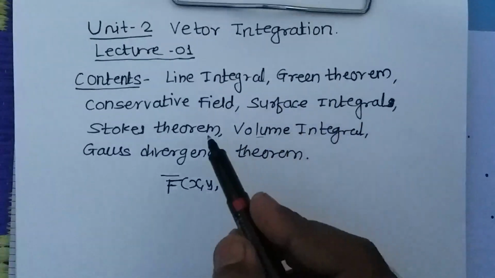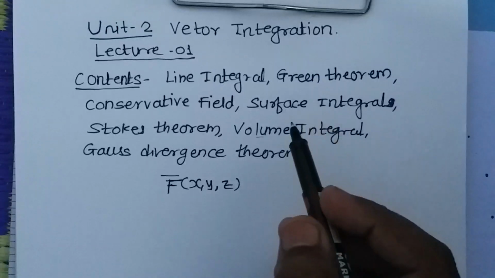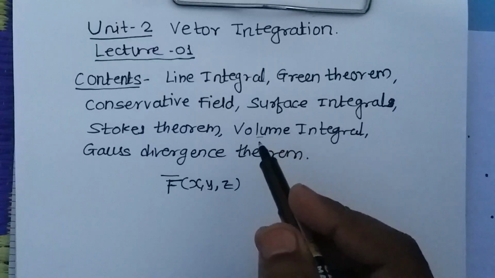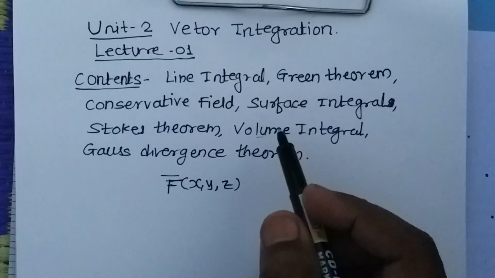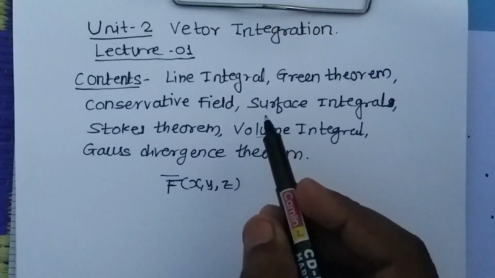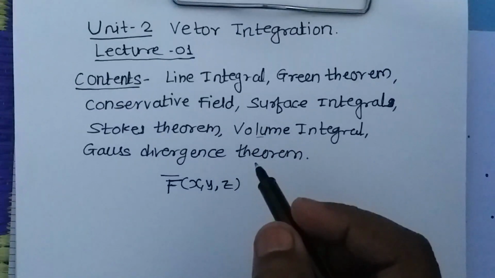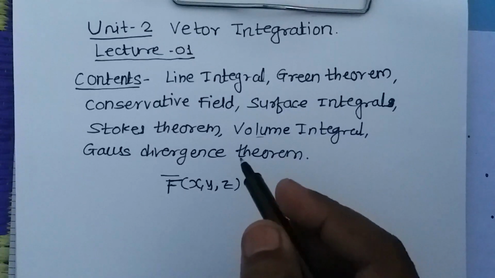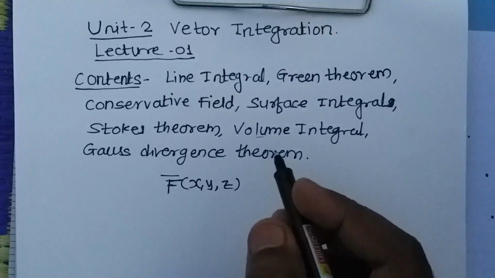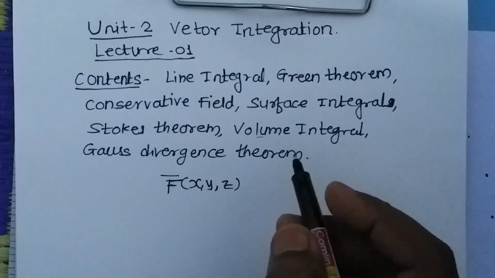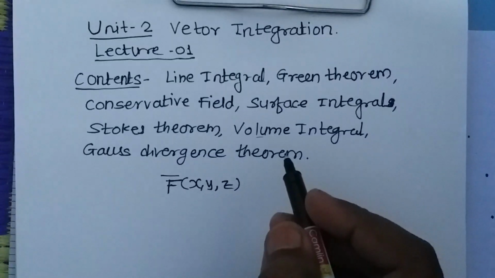Okay, so all these points are very important, and in the previous year, that is in first year, you have studied multiple integrals. There you have solved double integrals, triple integrations, and area and volume problems. Then we have studied a few formulas of definite integrals, that is reduction formulas, that we need while calculating integrations in this unit also. So all that previous knowledge is also required for studying unit number 2, vector integration.